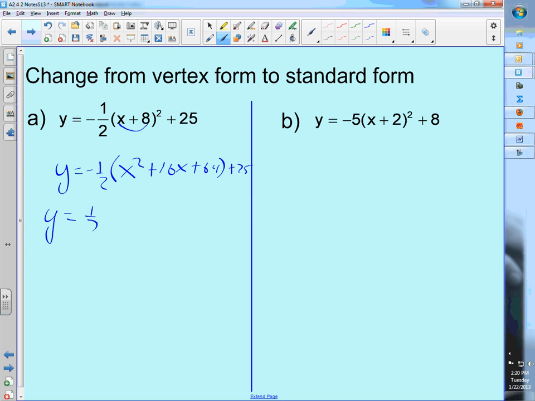Y equals 1/2 x squared plus 8x plus 32 plus 25. Don't distribute the 1/2 to the 25. Did I make a mistake? -1/2. It is -1/2. -1/2 x squared minus